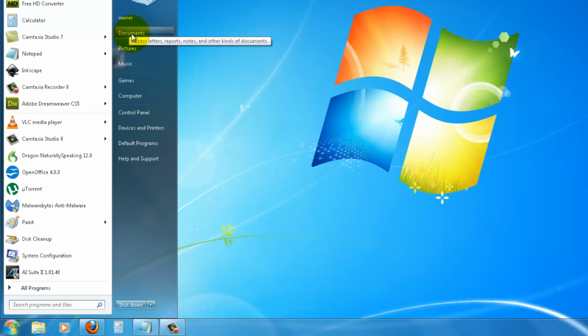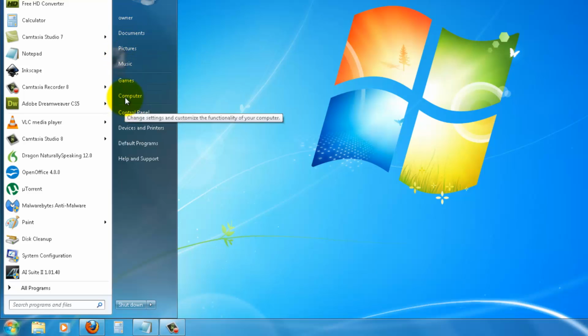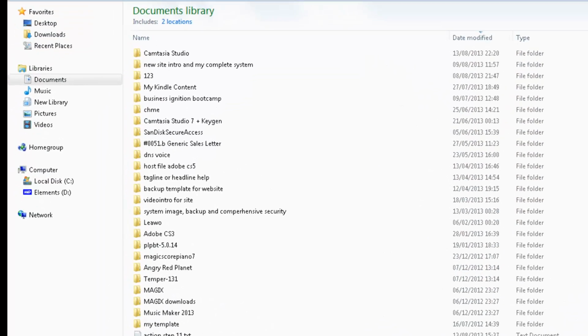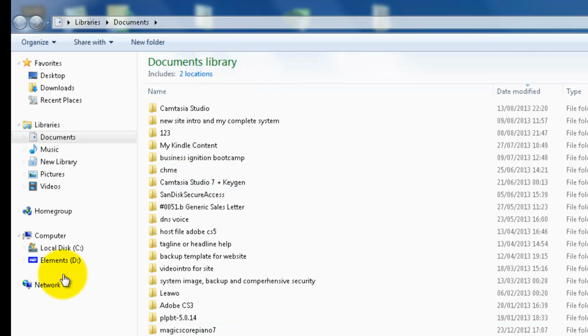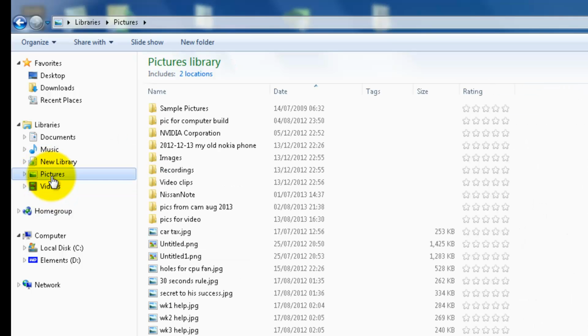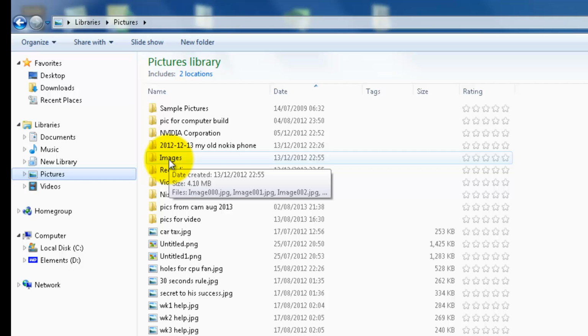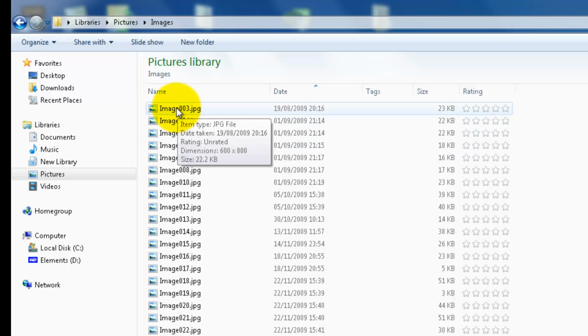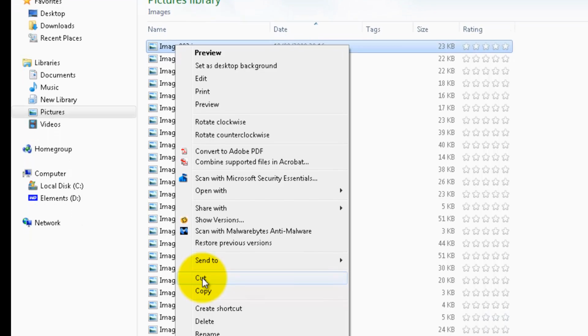So again, we're going to go into Documents, or we could go into Pictures or Music. Once you click on any of these, it comes up in the Windows Explorer, so you can see all the files here on the left panel. So we're going to cut a picture out of Images, and you could be cutting it from anywhere. So we're just going to cut this document,